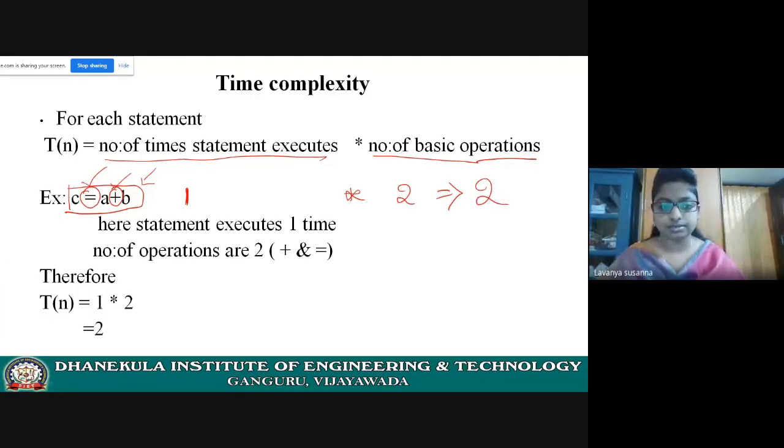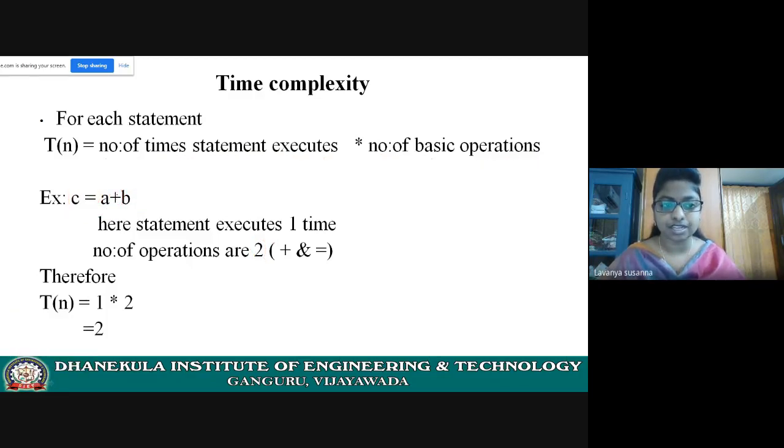Here the statement executes only once, and the number of basic operations is 2, because C equal to A plus B has equal to and addition. So 1 into 2 equals 2.